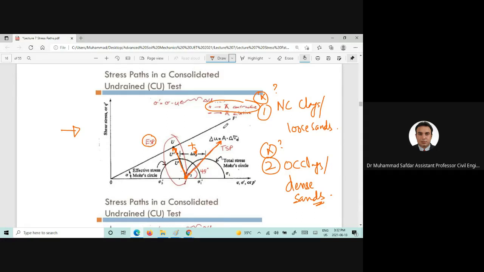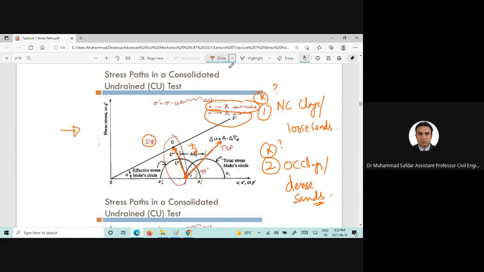And when we are dealing with the dilative soils, or we can say the over consolidated clays, dense sands, or cemented sands, this stress path moves towards the right side, and if I want to plot it, I don't want to plot it here, but let's see if I can plot it here,